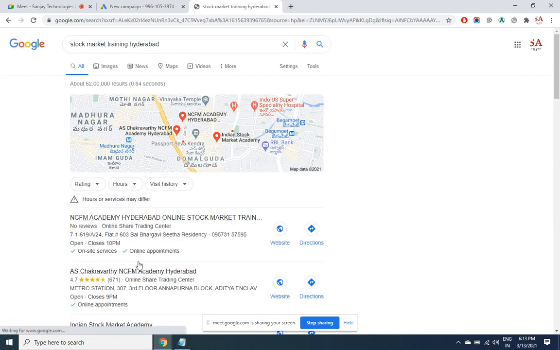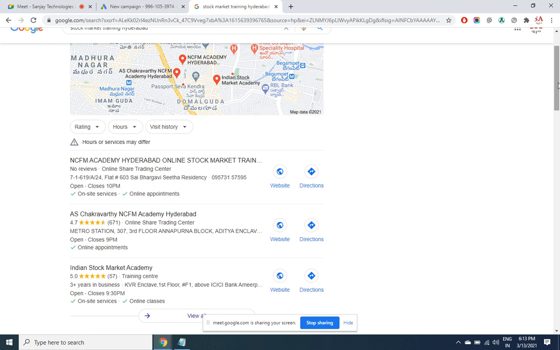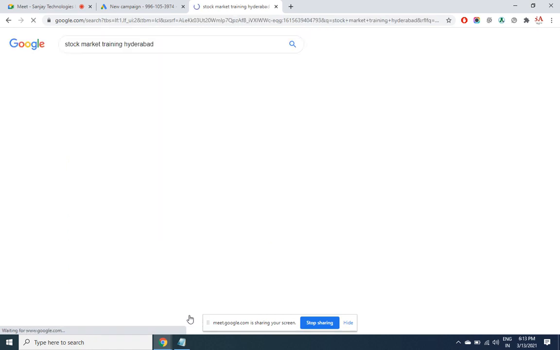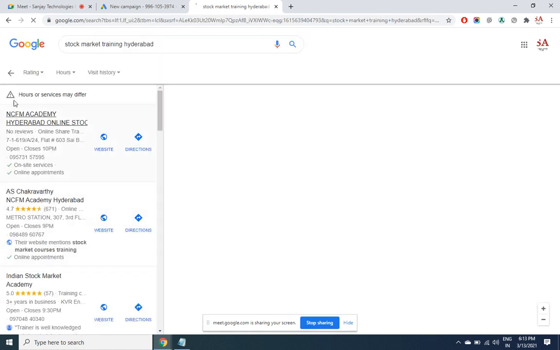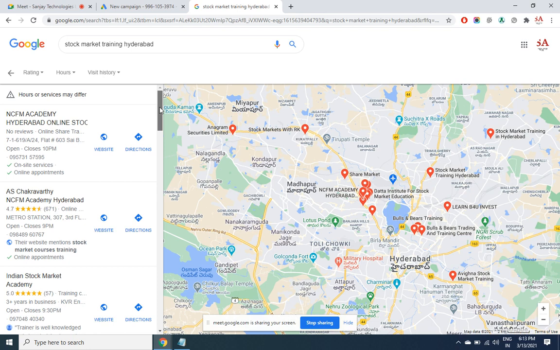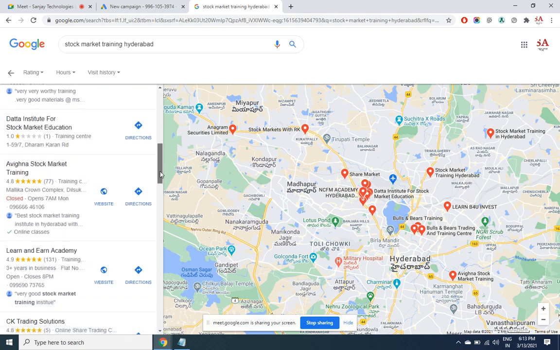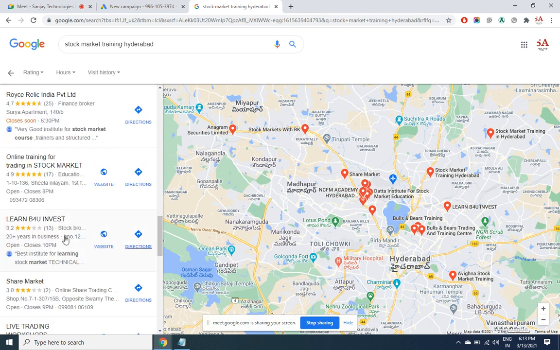This is what is local business listing. Among this listing, you'll be finding ads. So these are all organic results. But you'll be finding a small text here as ad. Let me show you one sample.